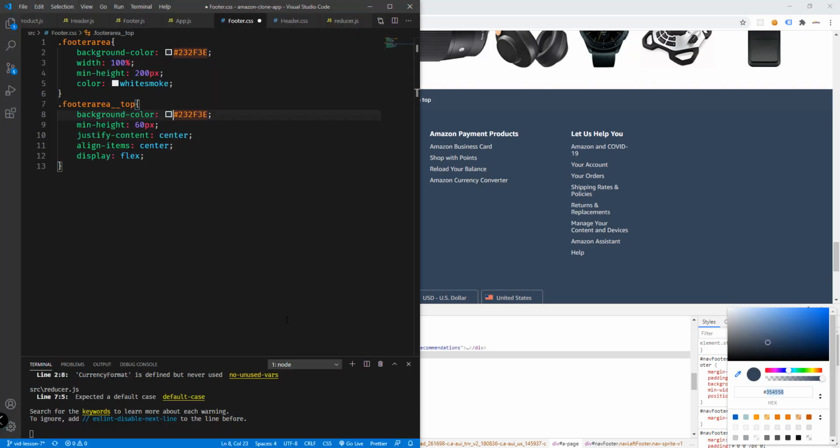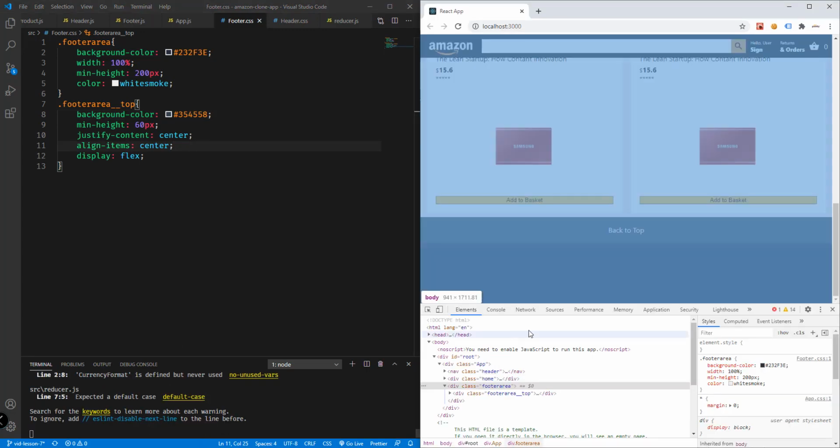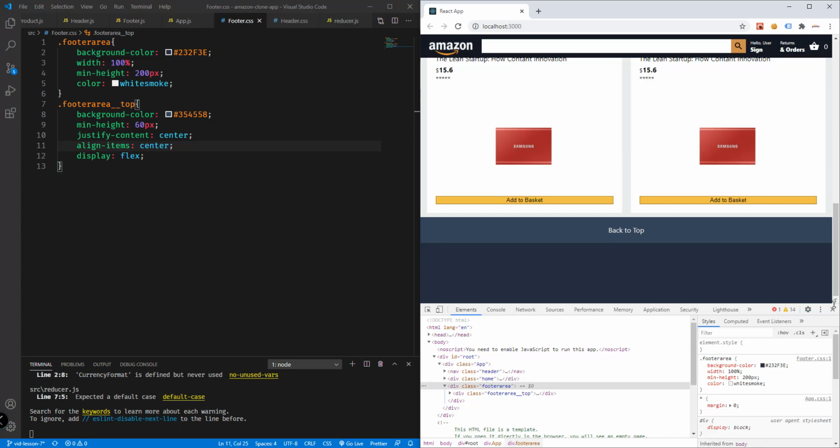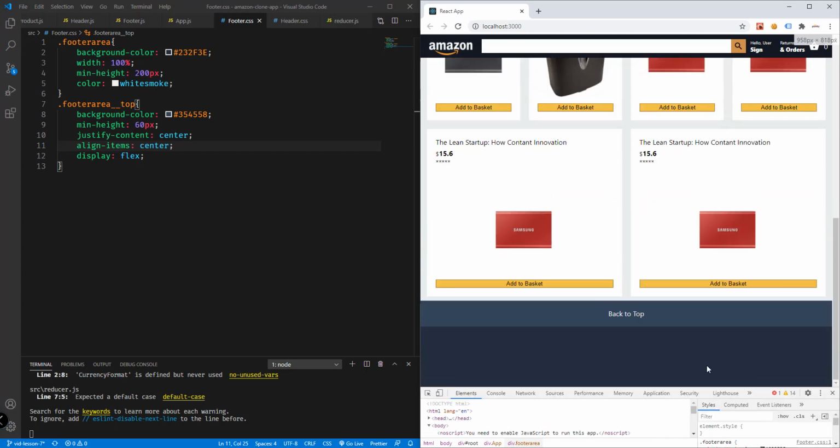So copy and paste that, and then save, and hopefully it will update. So there you go. We have the footer's back to top section, and then of course we can add the links right here below this back to top